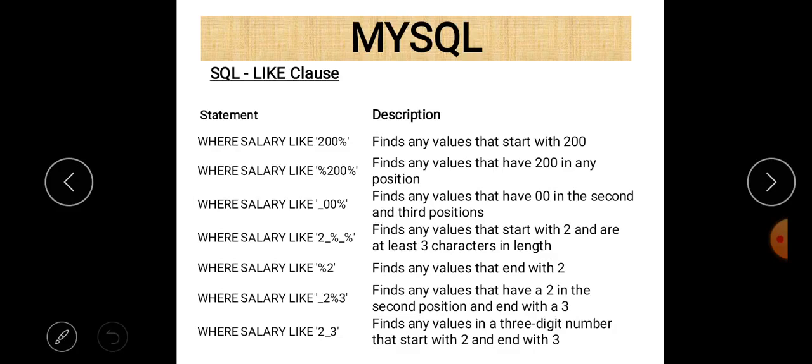Next is where Sally like 2 underscore percent underscore percent. It simply means that Sally must always start with digit 2. After that there may be any digit. After that there may be any group of digits.